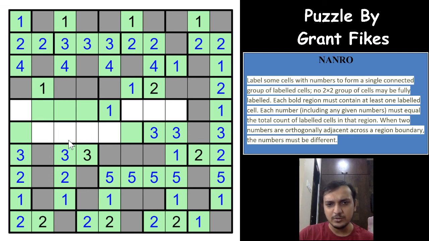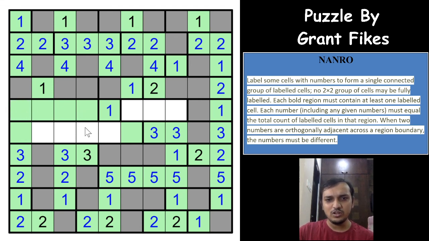Can it be a 5? It is possible to have a 5. No, it cannot be a 5, because these cells have to be unshaded. One of these two cells has to be unshaded, and you will form a 2 into 2 group of shaded cells, right? So it cannot be a 5. It has to be a 4. No other possible way. It has to be a 4, which means that this area cannot be a 4 now,